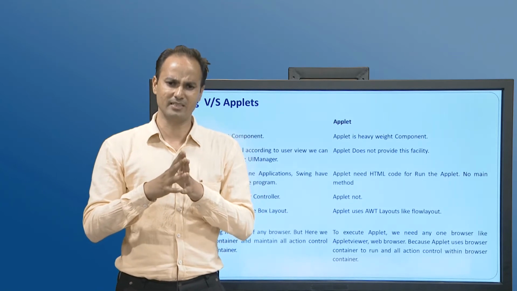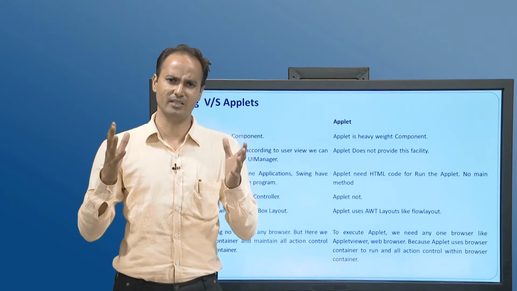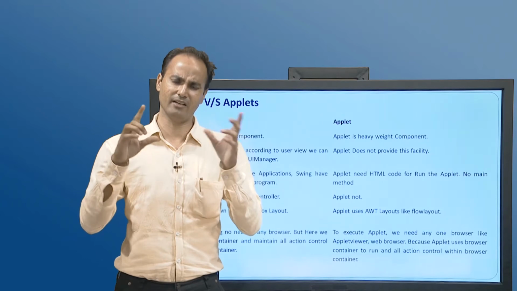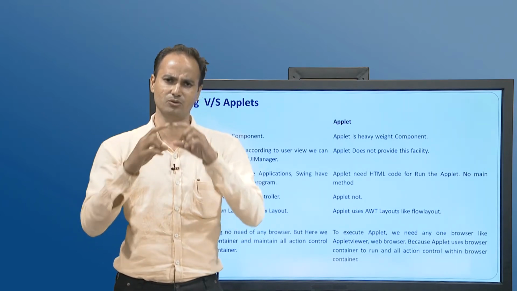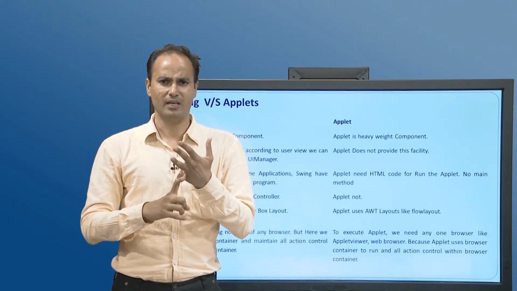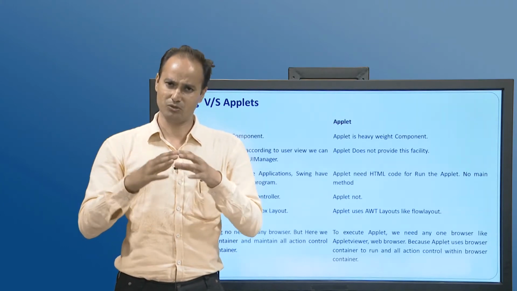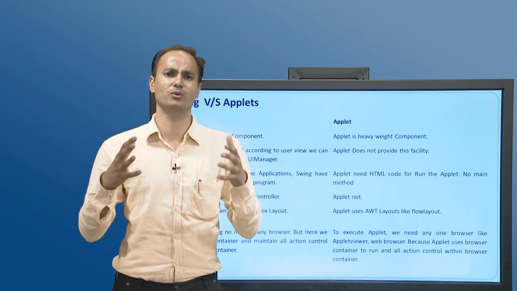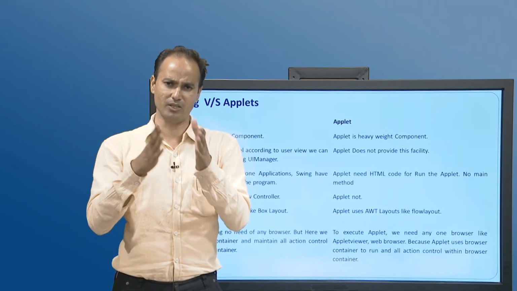To execute applets we need a browser, while Swing applications need only the command prompt, and we can have GUI-based applications with containers themselves. To display the components on the container we use a frame, which works the same as a window, having a title bar and menu bar. So we generally use frame containers to display Swing components. These are the basic differences between AWT, Swing components and applets.